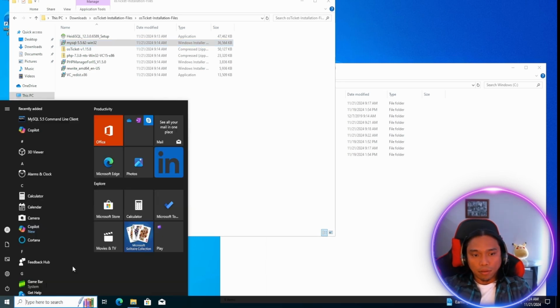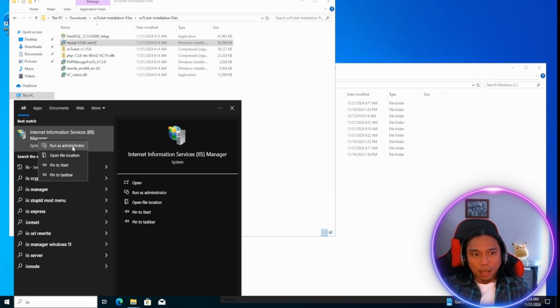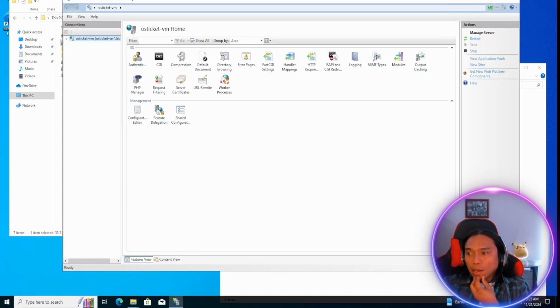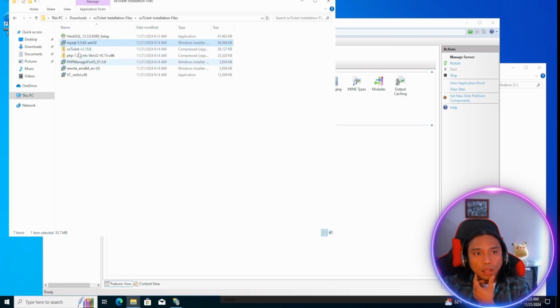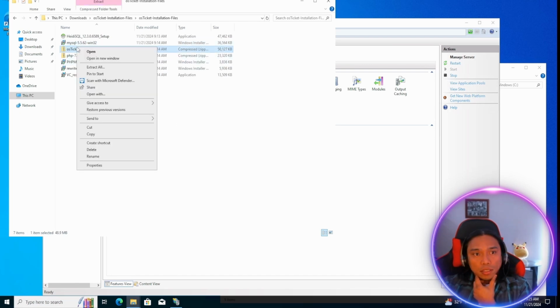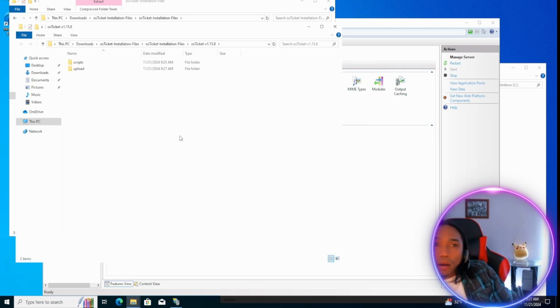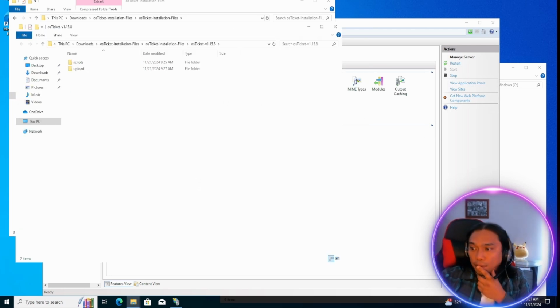After that, open IIS as an admin. We need to go back to IIS. Right click, run as administrator. So this is the IIS. After opening IIS, install osTicket v1.15.8, this one. Let's unzip this, extract. It takes a while, so be patient. After the extraction is done,